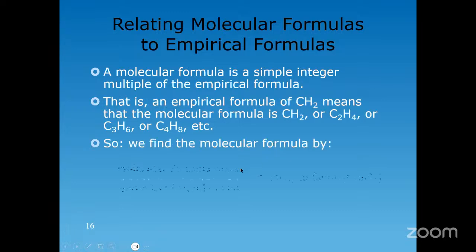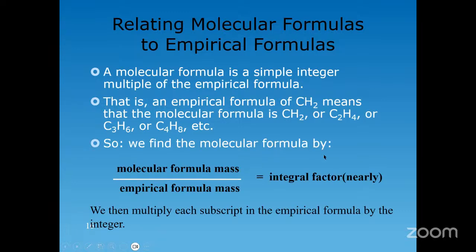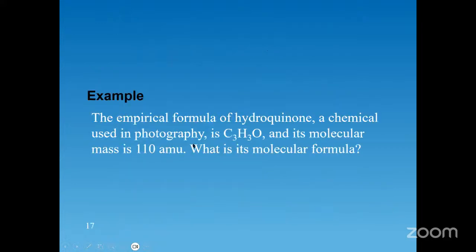All right. So how do we define the molecular formula? Well, if you know what the empirical formula is, then you should understand that the ratio between the molecular formula mass and the empirical formula mass would be an integer, right? And that integer you can use to multiply the empirical formula to get the molecular formula, right? So that's basically the relationship between the empirical formula and the molecular formula. It basically comes down to what we call the integral factor, all right? Okay, so just to give you an example,